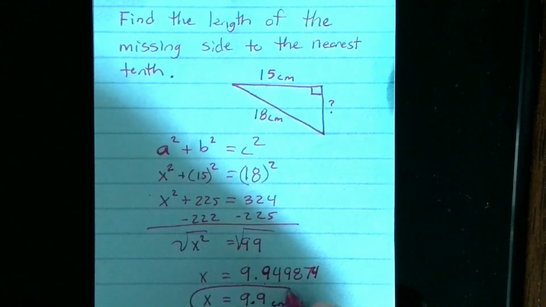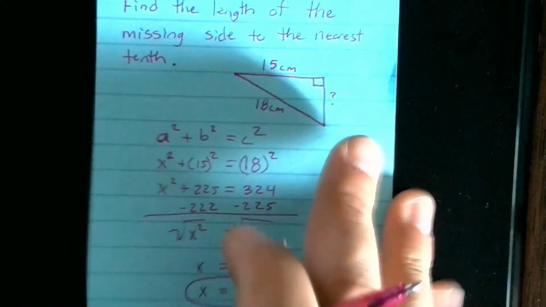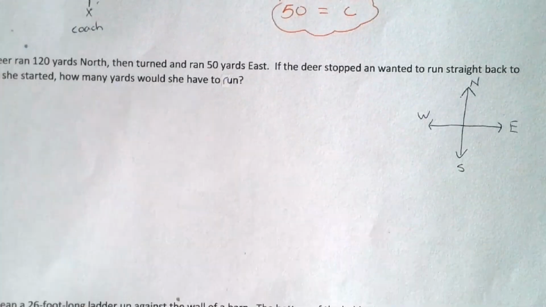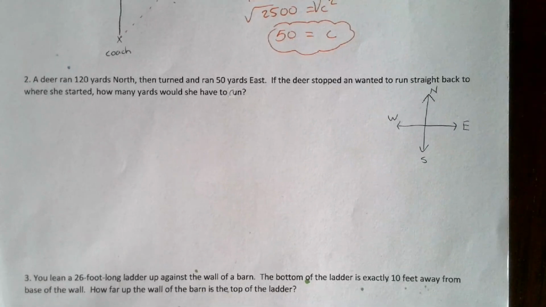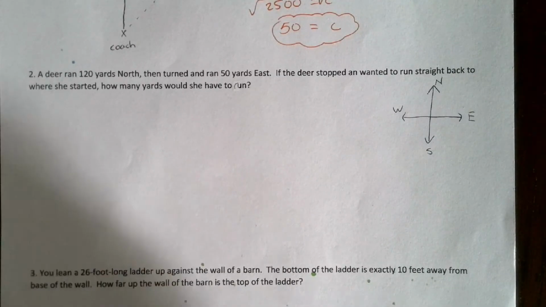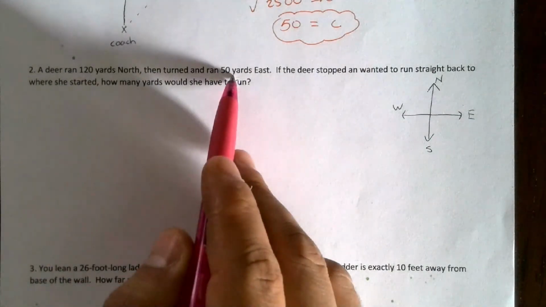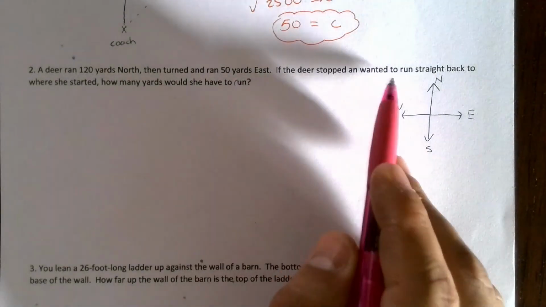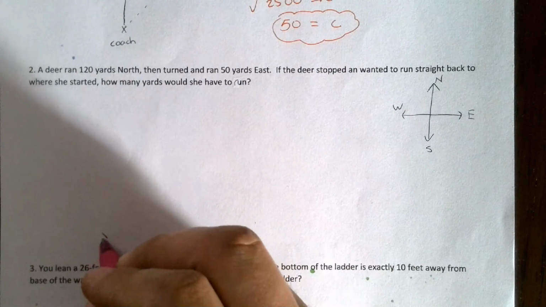Alright, so there is the answer to the entrance test problem. I told you I'd set up one of the other problems from yesterday. So you had this problem here about a deer running. Zoom out just a little bit here so you can see it a little better. This is from page 21, you should have done yesterday. A deer ran 120 yards north, then turned and ran 50 yards east. If the deer stopped and wanted to run straight back to where she started, how many yards would she have to run? So she started right here